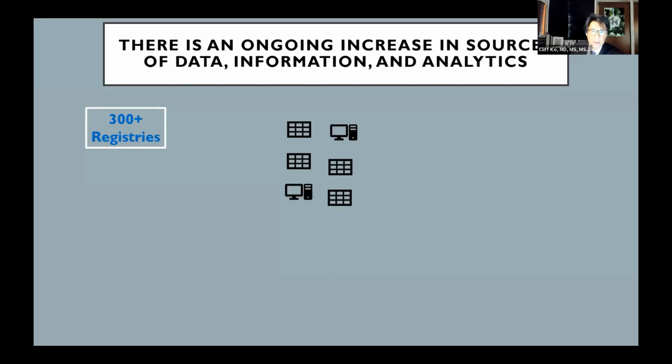As we all know, there's an ongoing increase in sources of data, information, and even in analytics. A couple of years ago, I was told there are 300-plus registries, and a lot of them new in the past 5 years or so in healthcare. And of course, these graphs, these spreadsheets, and the old-fashioned computer-looking things are supposed to be representative of the EHR. So our EHRs and our registries are, a lot of times in healthcare, the health delivery system's more traditional way of looking at things. That's where we get our data.